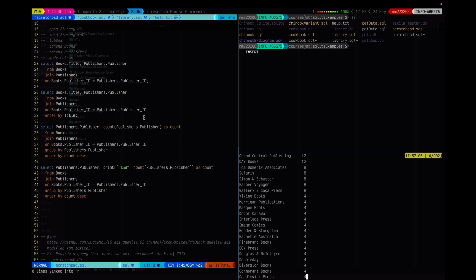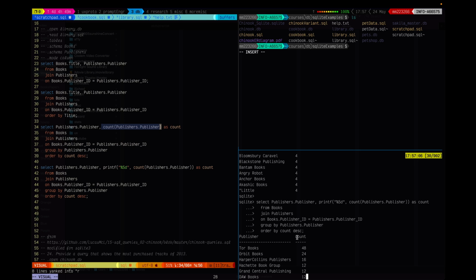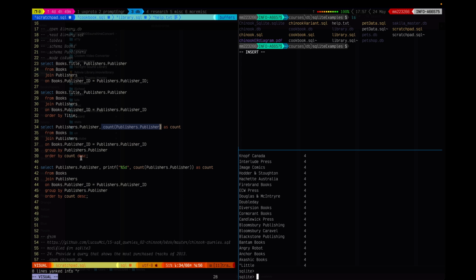And notice that I said as count in both cases, so that instead of the title of that column being count publishers publisher, the title of the column is just count. You can see right there. I've ordered it by count in descending order, so we get the largest one first. You could cut off the word descending and just say order by count, and you would get the opposite result. I often do that because the upper lines scroll off the screen, and if I want to know the most, then